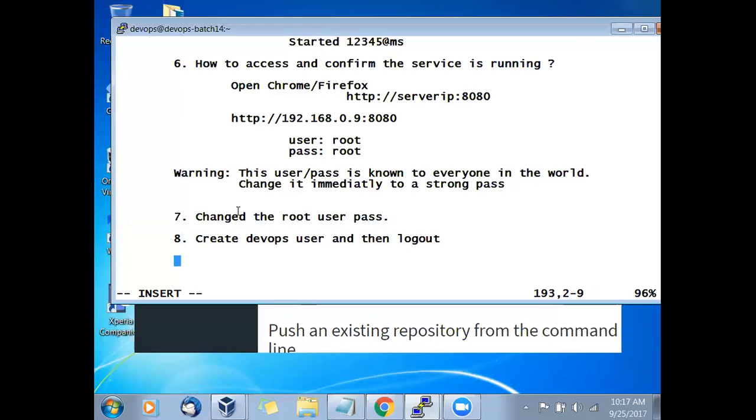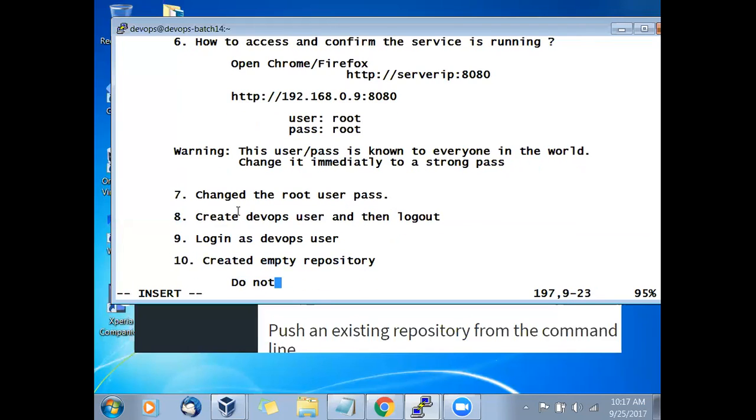So we have created the DevOps user, then log out. Then log in as the DevOps user. Then created an empty repository. Do not select to create a readme file.